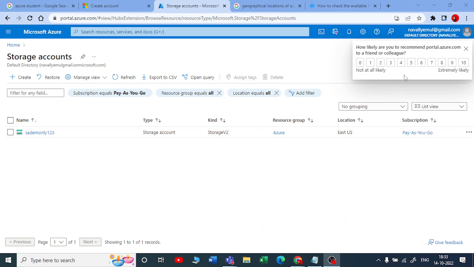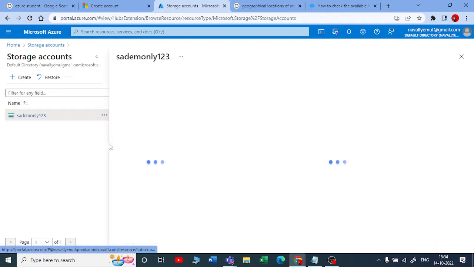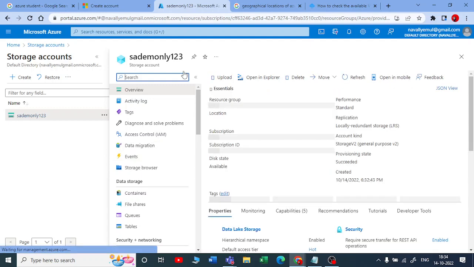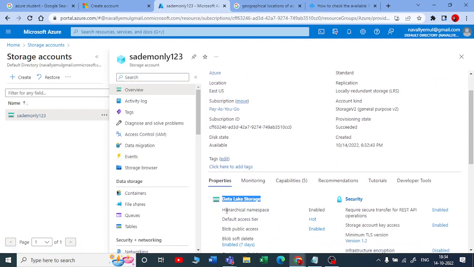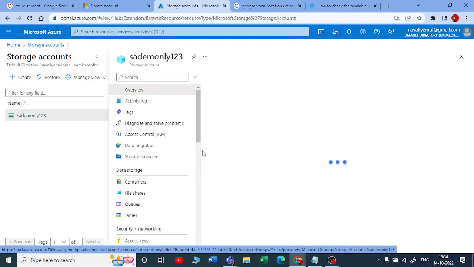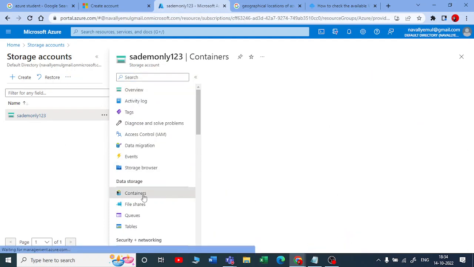Yeah, once I refresh, you can see that I got a storage account here, that is SA storage account demo. Once I click there, I can go inside the storage account and you can see all the details, and your storage account has hierarchical namespaces. That means a data lake storage. If you have not enabled that, you will be getting a blob storage here. That's the only difference.